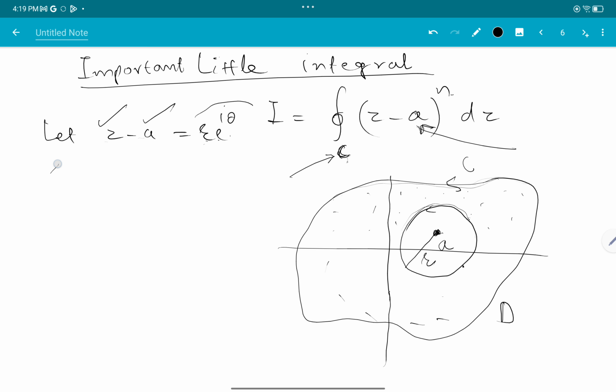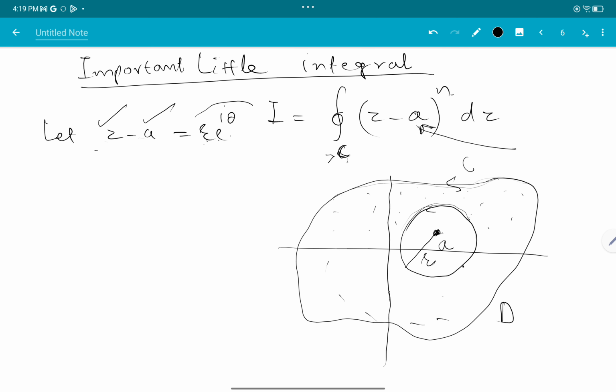I can do that because you know that r e raised to i theta is equal to r times cos theta plus i sin theta. That gives us the real part, and this is the imaginary part, r sin theta. Okay, now with this substitution,